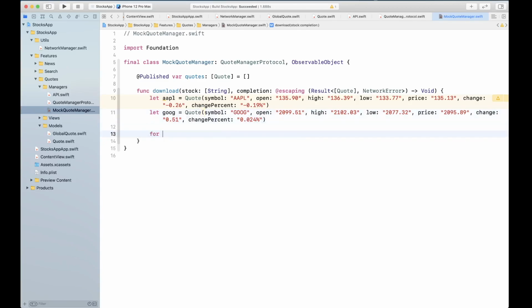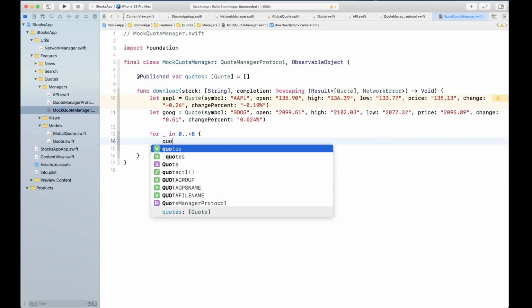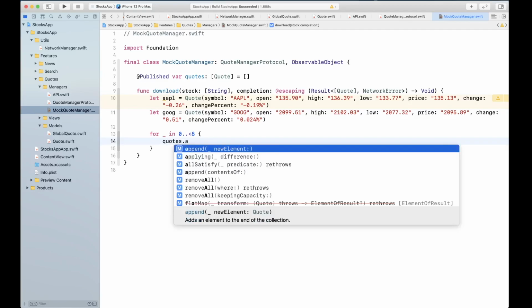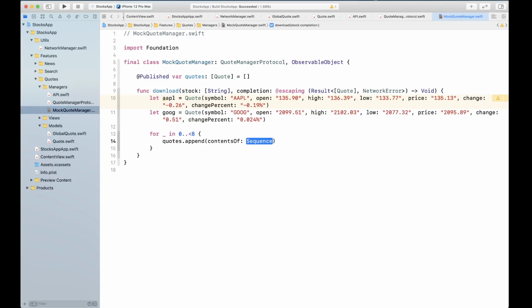What I'm going to do is put a for loop from 0 to less than 5, or less than 8 actually, and repeat these. So I'm going to say quotes.append, and I'm going to use append contentsOf Apple and Google.